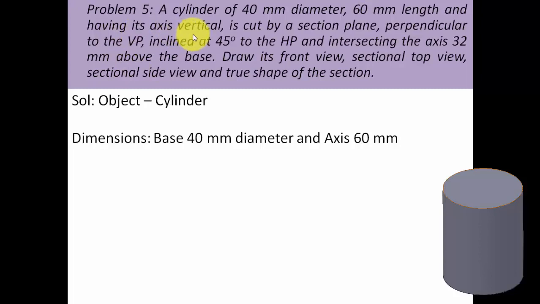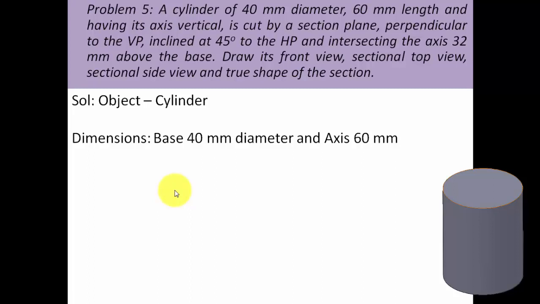Now just think about this, guys, if the axis is vertical, then definitely the circular base I'm talking about is going to be horizontal. And what we're going to be assuming is that the cylinder is resting with its base on the horizontal plane. If the cylinder is resting with its base on HP, then the true shape of the base can only be seen from the top, and hence we will be beginning by making the top view first, and then its corresponding front view is going to be made. So all of these things are going to be happening in a few minutes from now.